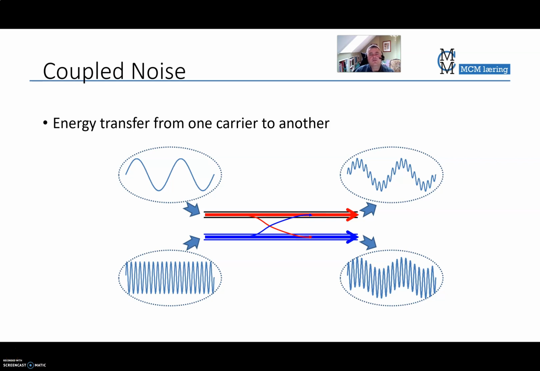Noise in measurement systems, film 3, and this is about coupled noise. And of course this is a problem in all kinds of systems, not only in measurement systems, for example audio systems, and also in communication systems. In this example here we have a low frequency signal, and it's sent into the red conductor